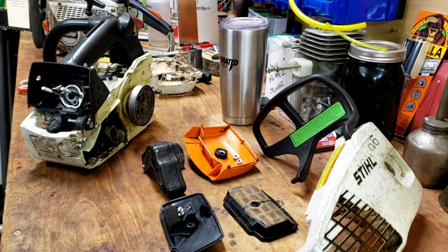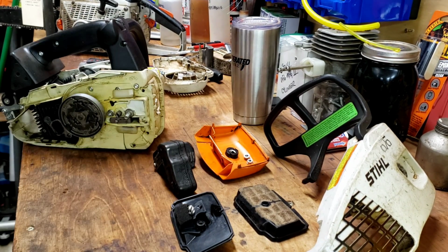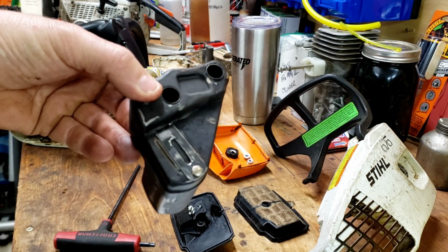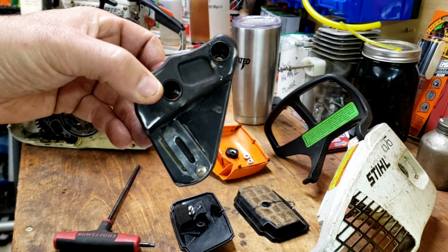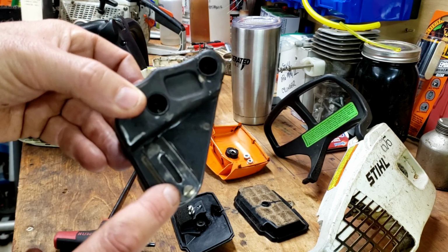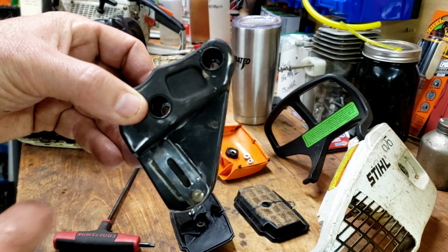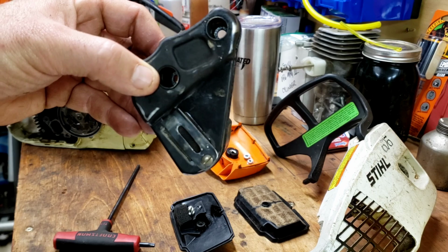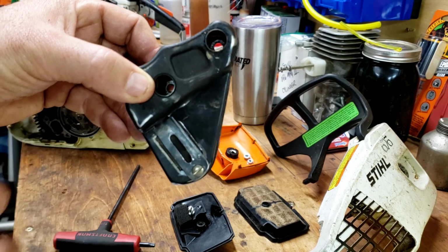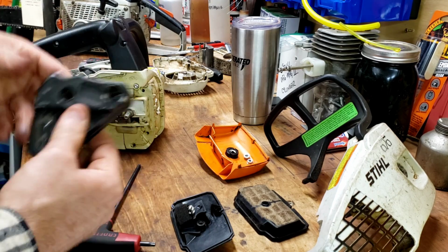Alright, so I think it's time we got this thing slapped back together. It didn't have a screen or a deflector on it, factory deflector, so I got a factory screen for it, and then I just made my own little deflector out of a piece of metal just for testing. It'll have something else on it later, but that is not precise, but pretty darn close to what the factory outlet looks like under the normal deflector. In fact, that's probably even more than what the factory is, so they're pretty choked down to begin with. This will give us a rough idea